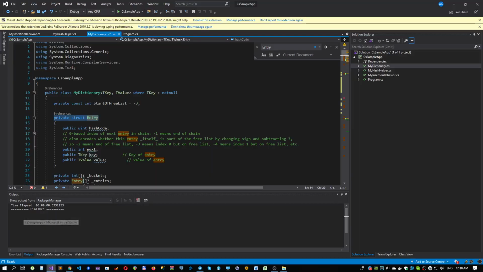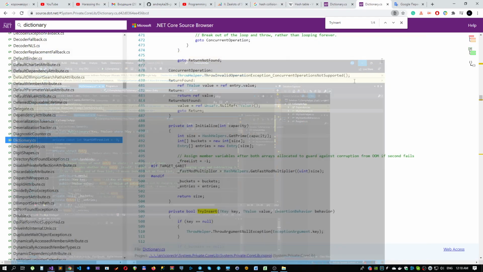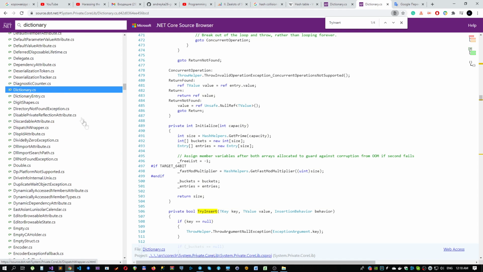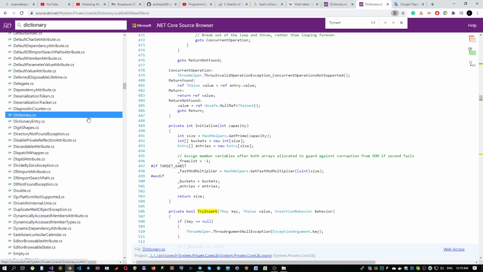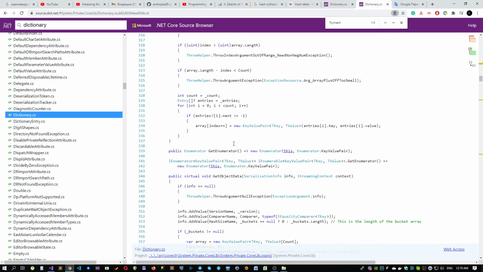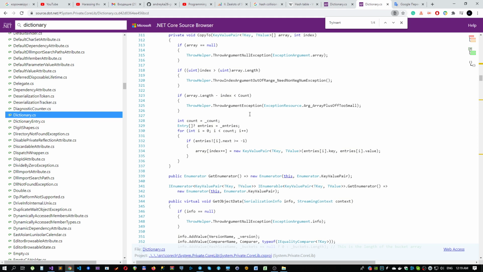Yes, I've already copy-pasted this code here and simplified it, because there is no such an easy way to debug the System.Private.CoreLib library. You cannot just download and use it or write tests for that code. It is a tricky way, so it was easier for me just to copy-paste this code into my Visual Studio Code, then simplify it a little bit, because we don't need everything here, at least for the Add or TryInsert